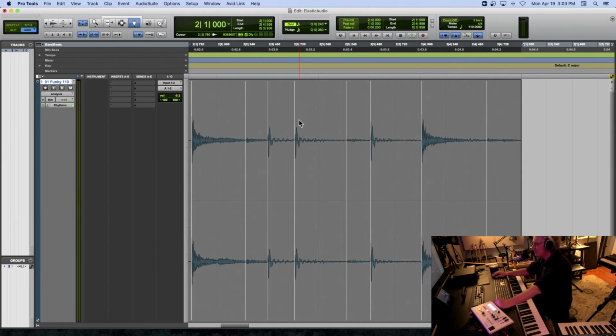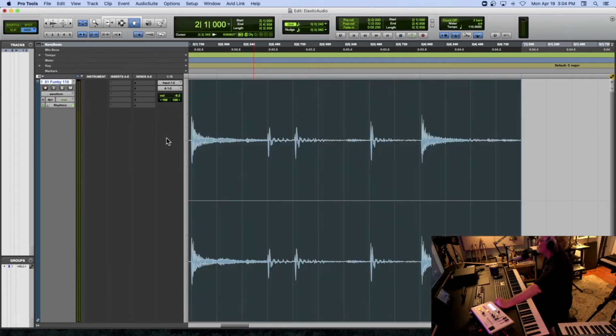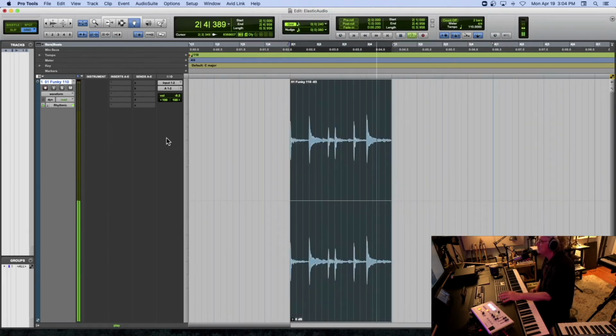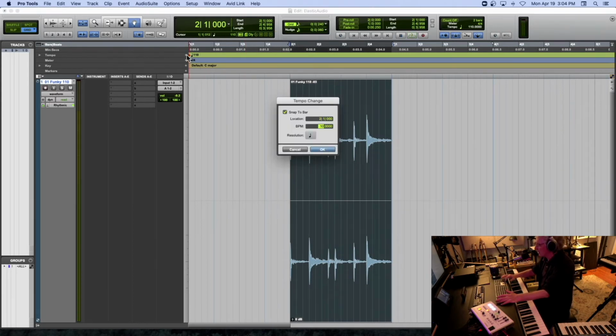So, what's happening here, from what I understand, is that Pro Tools is now anchoring those transients, those markers, to a tick, and then stretching or compressing the waveform out. So in other words, I'm at 110. I've got it on loop playback, right? So if I want to change my tempo to 100,